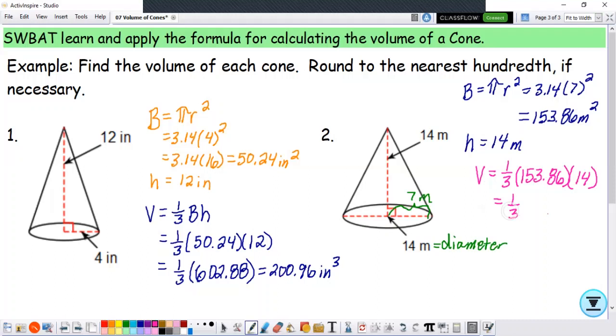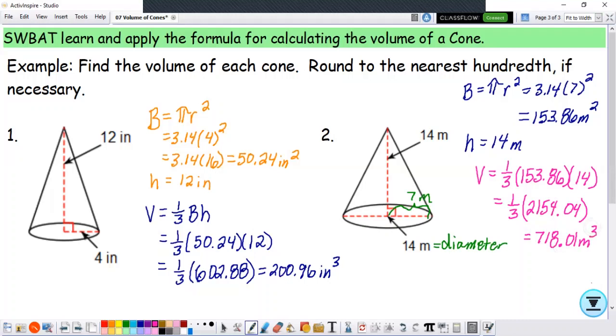And when I multiply the area of the base times that altitude, I have a value of 2,154.04. And when I divide that by 3 or multiply by 1/3, I will have to round this because it doesn't divide evenly. And we end up with 718.01